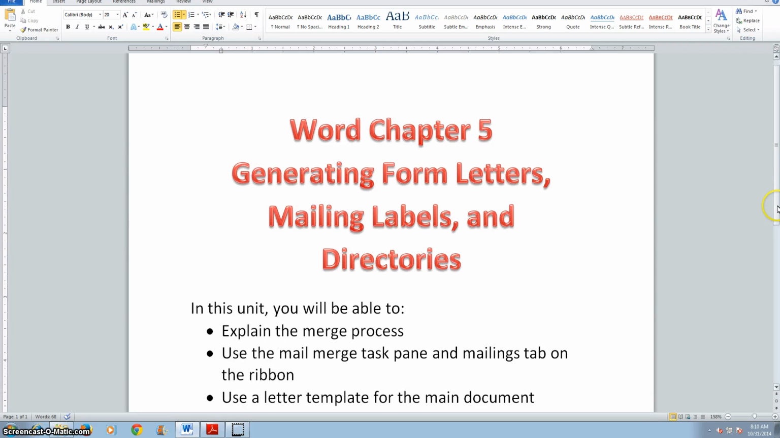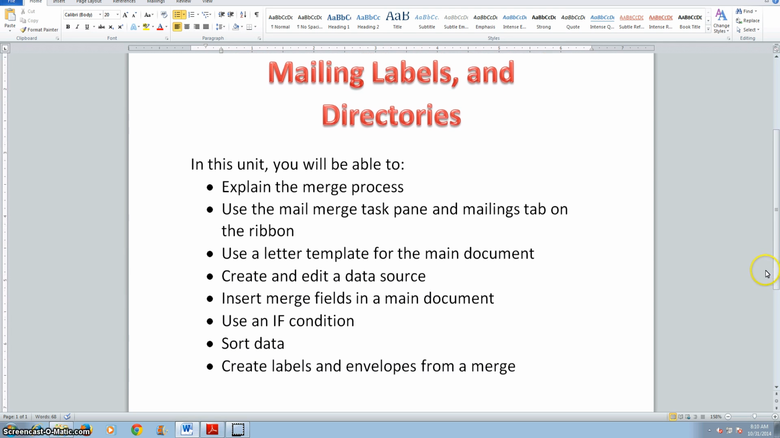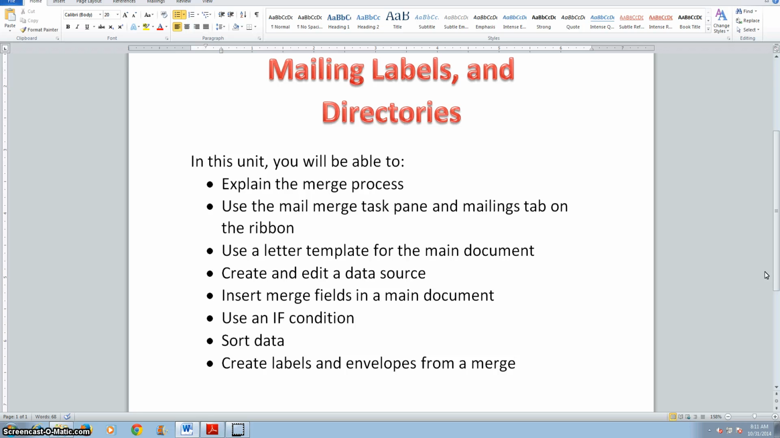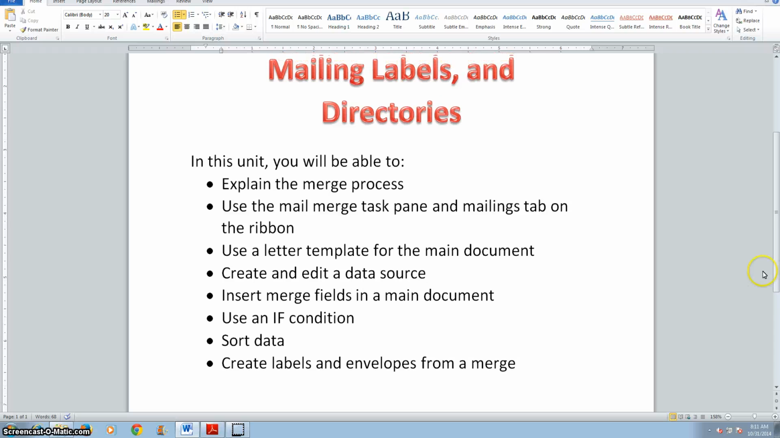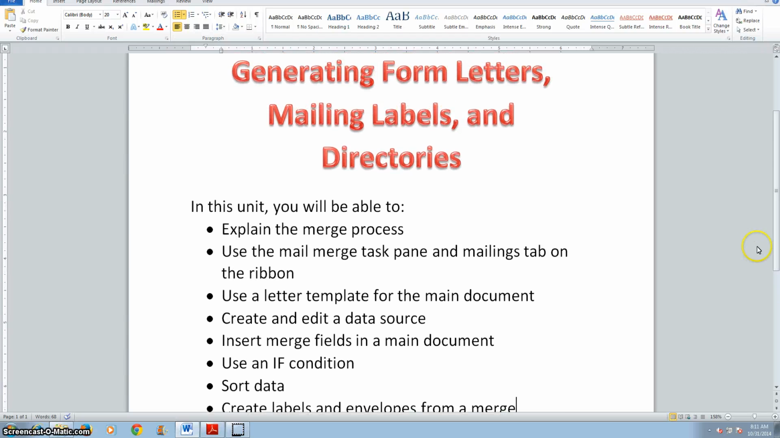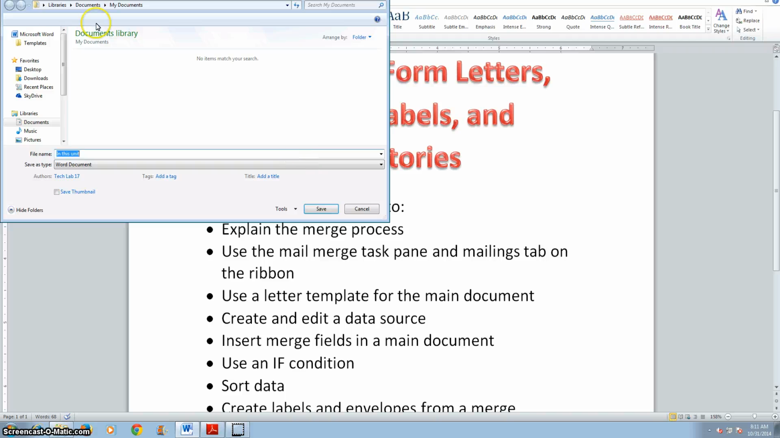And in this unit, you will be able to explain what a merge process is, use the main merge task pane and mailing tabs on the ribbon, use the letter template for the main document, create and edit a data source, insert merge fields in the main document, use the if condition, sort data, create labels and envelopes from a merge. Now I know some of this probably seems like it's passé and you don't understand, but hopefully through the exercises you'll understand what a merge function is. So I'm going to go ahead and close this out